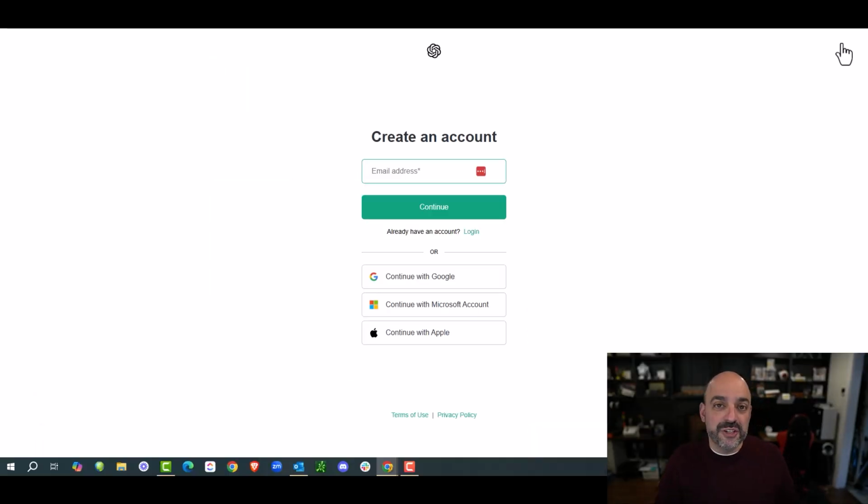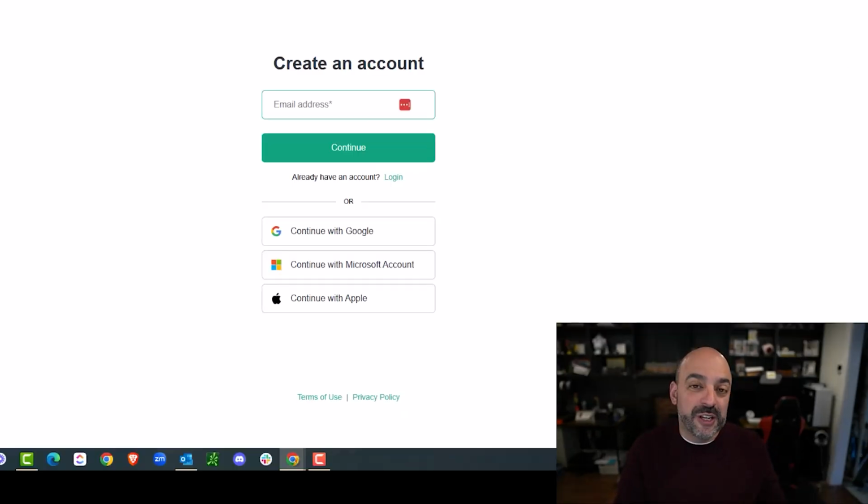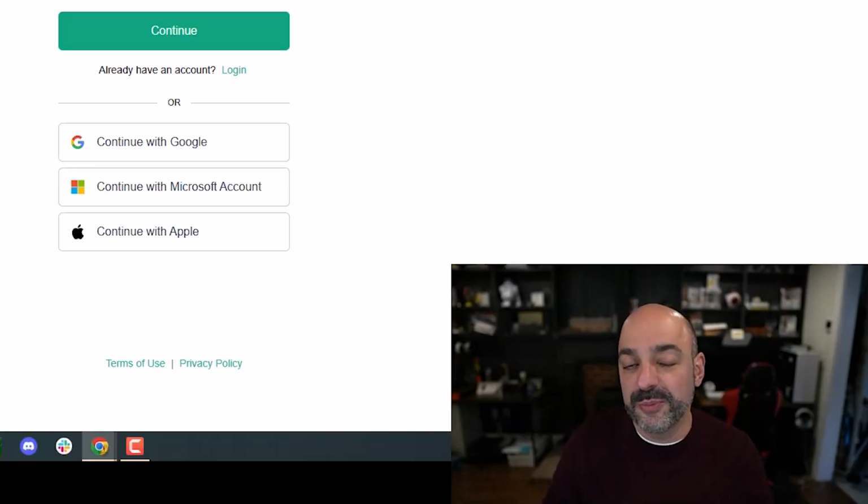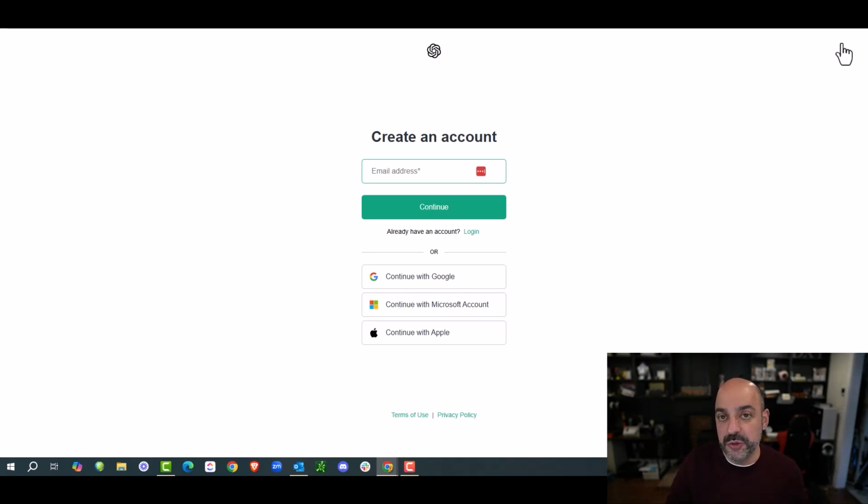Now, the other thing that comes along with GPT is access to different models. A model is, think of it like different versions of the program on the back end that allow you to do either more or less. Some are faster, some are smarter, some are more for deep research. So there are different variations of the models that they use. Now, I'm oversimplifying that explanation because it gets very technical very quickly, and I actually want to make this as non-technical as possible so that everybody out there can use this.